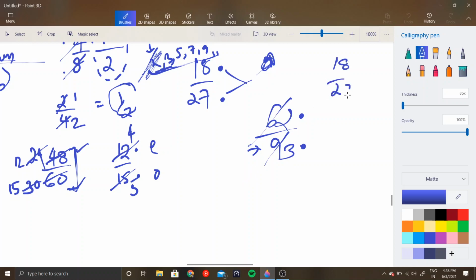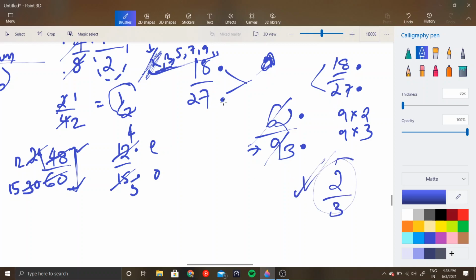Simpler method is when you have things with different parity, find the HCF. The HCF of 18 and 27 is 9, because 9 into 2 is 18 and 9 into 3 is 27. So divide this by 9. 18 divided by 9 is 2 and 27 is 3. So you directly get the answer, right? Whenever you feel that you are not able to calculate the HCF, try dividing it by one digit numbers. If both the numerator and the denominator are divisible, well and good, you can reduce the fraction. This is called fraction reduction, right? So this is the method.